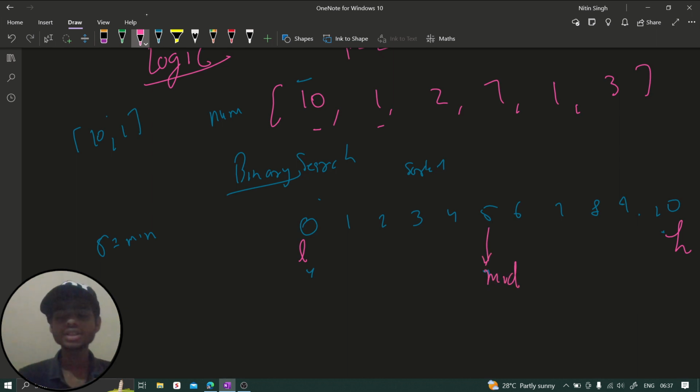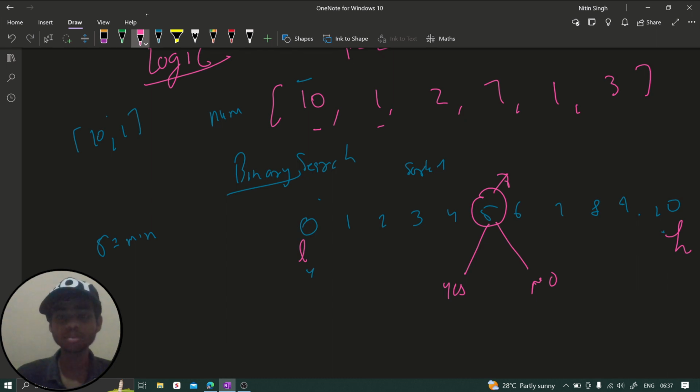Fine. So what I'm going to say is, I got a mid. Now I'm going to check whether I am able to get this answer, whether I am able to get a 5 as a minimum out of all the possibilities. So if I am able to do, let me just write a case now. If yes, and if no. If yes, if I am able to get this 5 as the minimum difference out of all the possible maximum